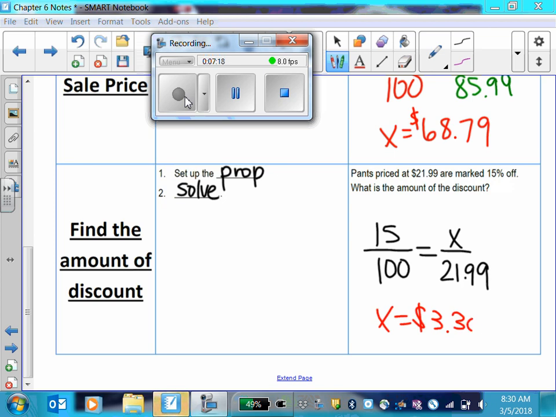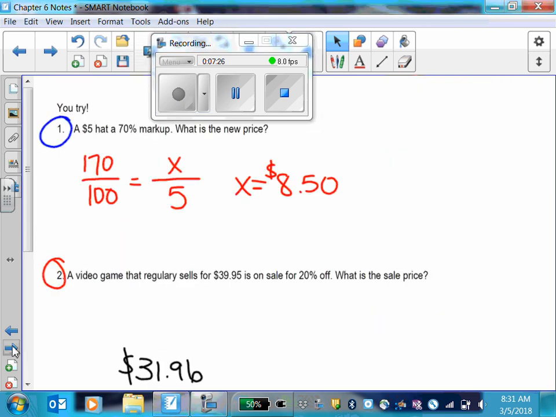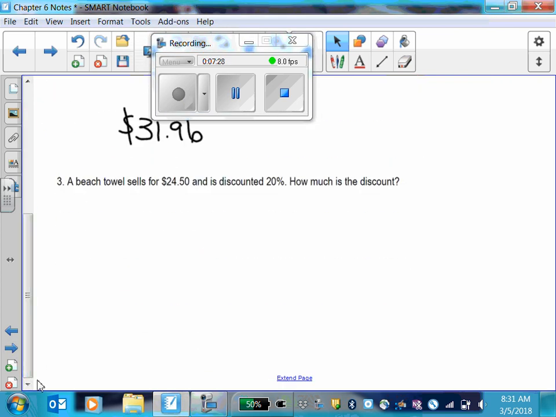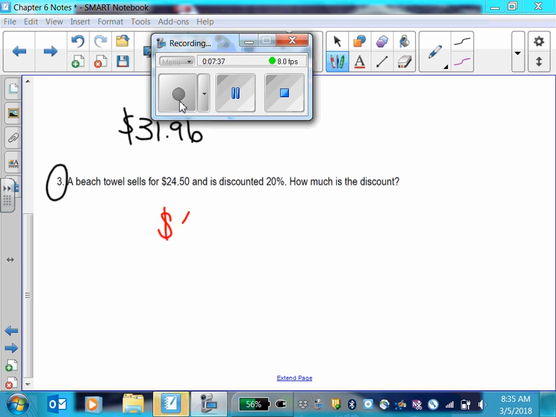Or if you round it, some of you might have 3.29685 or something, but you want to round since we're talking cents. All right, do number 3 on the back. All right, hopefully on this one you got $4